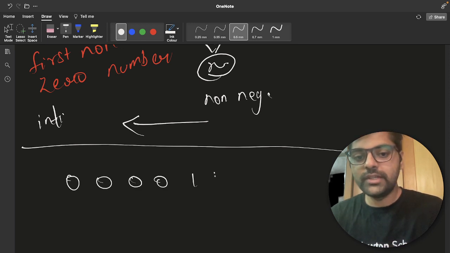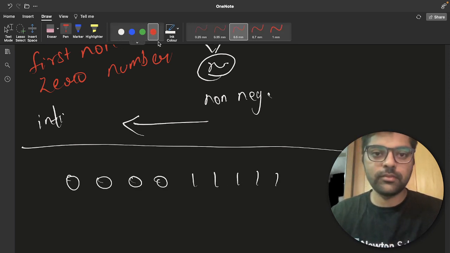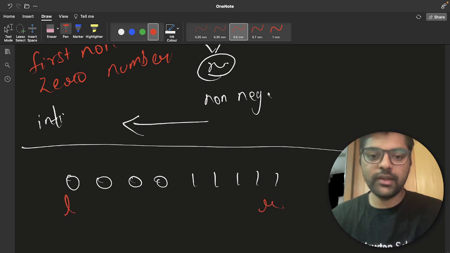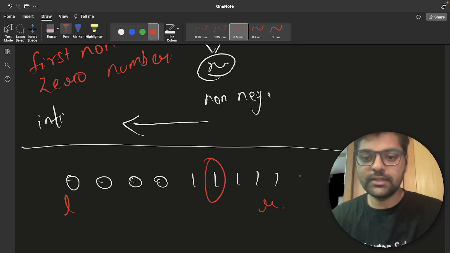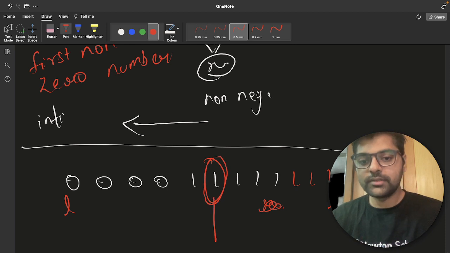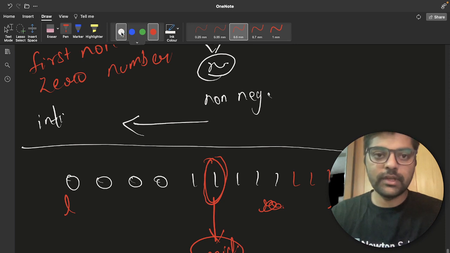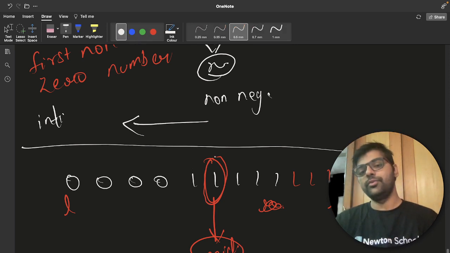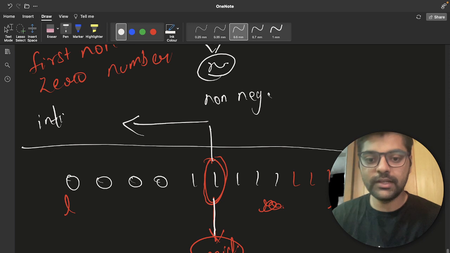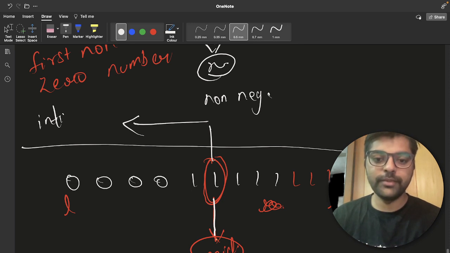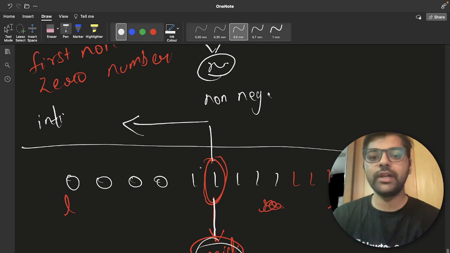So what we do in binary search, let's say this is our L and this is our R. We find some mid element. Let's say this is 1, 1, 1. This is our R. If we choose an index in between and look at whether it satisfies the condition or not, and we see that it is satisfying, then we know that at least we have got this mid position where a non-negative number is present.